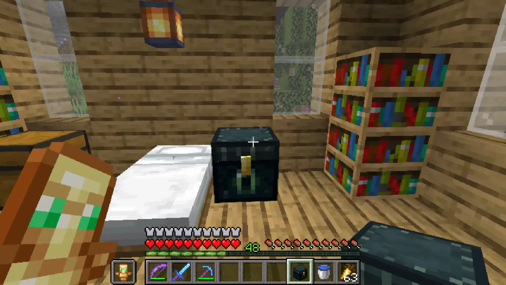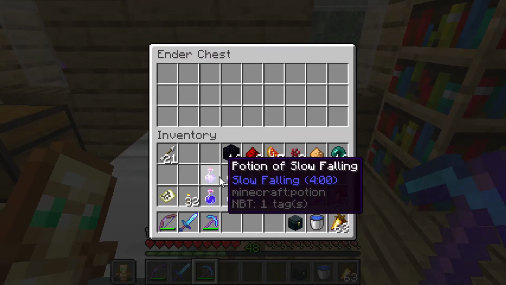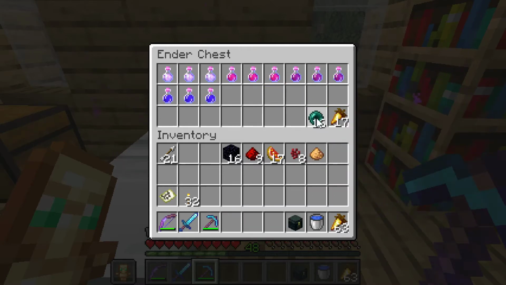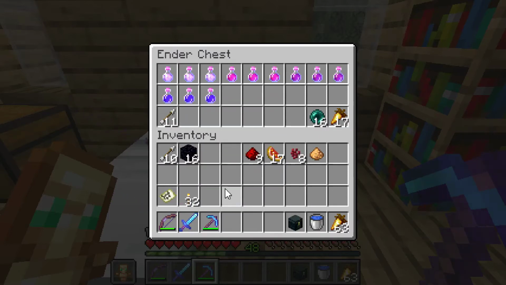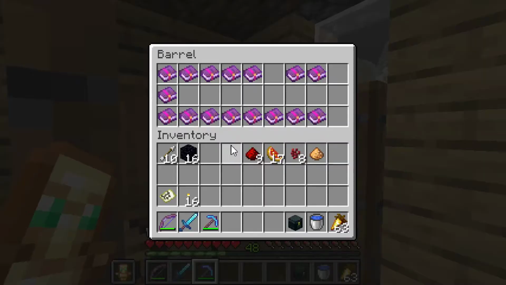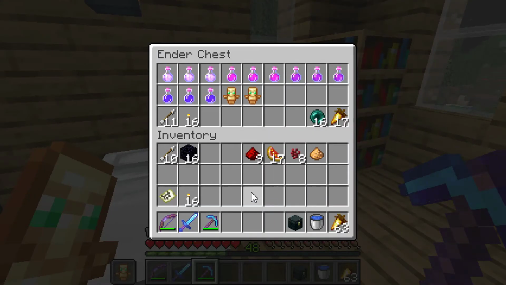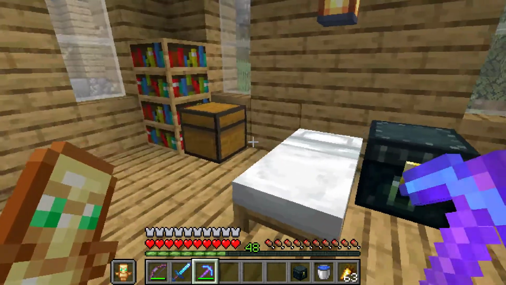So I'm gonna place mine here, and we're gonna put all of our potions in it, and some backup food, and some ender pearls, along with some backup arrows and torches. Okay. I could put backup armor in there, but I don't really need it. We'll put some totems of undying in our ender chest, and we'll leave this one here because we have a